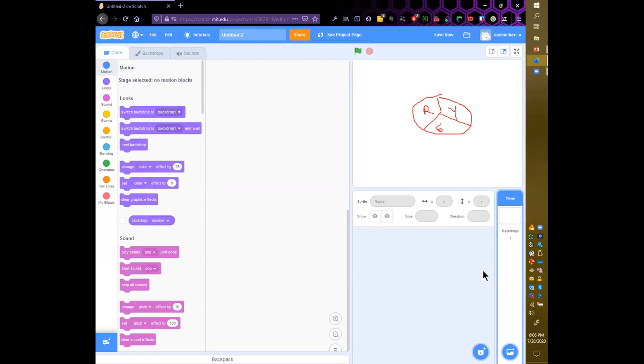Then we will have various dots which will be going towards this particular circle of different colors. Suppose this is a red color dot. You have to make sure that when this red color dot is going to hit this circle, it should hit red. If it touches the green, that means it's a negative.